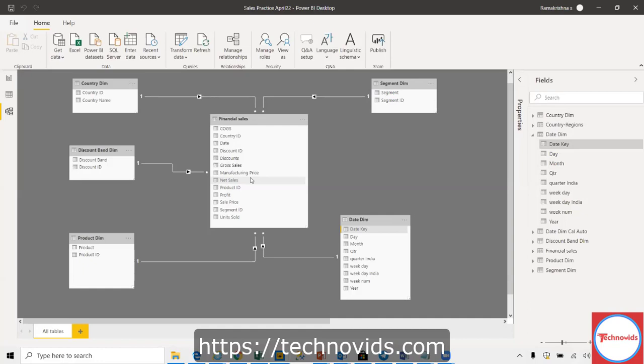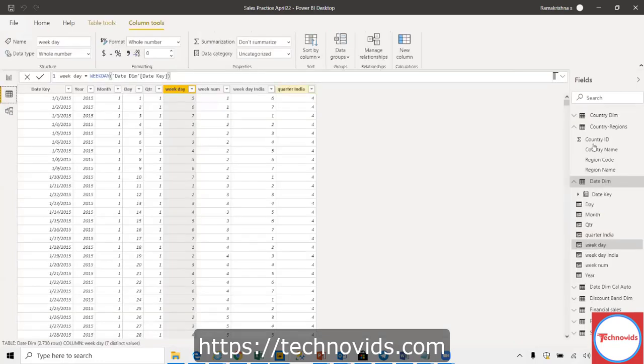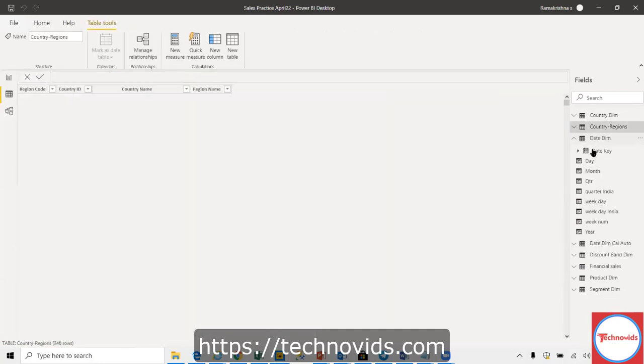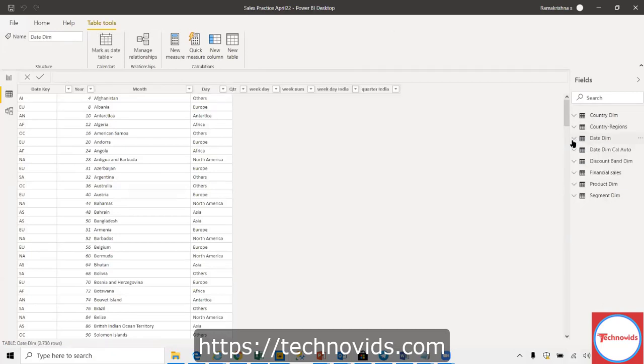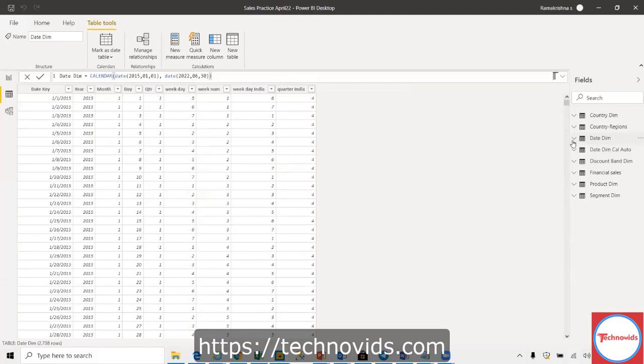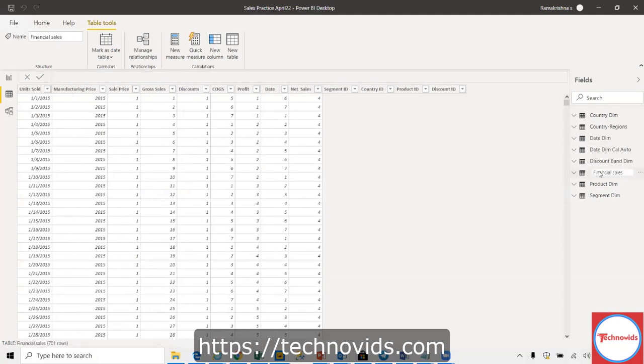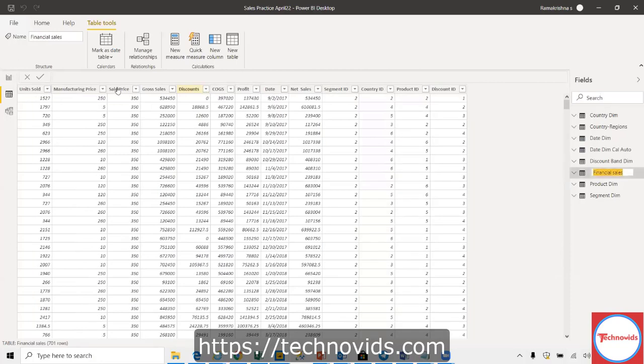One thing we didn't optimize, and I think this one will not do it, but I'll just tell you in terms of the financial fact table. If you see here, there is a sales price and a manufacturing price, leave that alone.